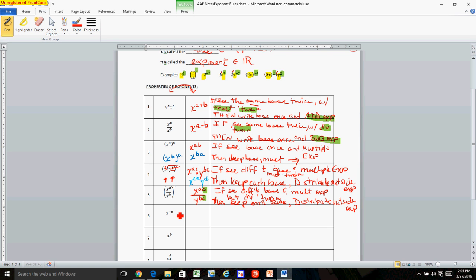Alright, a base with a negative exponent. A negative exponent does not mean that you have a negative number. Just remember that. A negative exponent does mean reciprocate the base. Oh, I ran out of room here. Reciprocate the base and